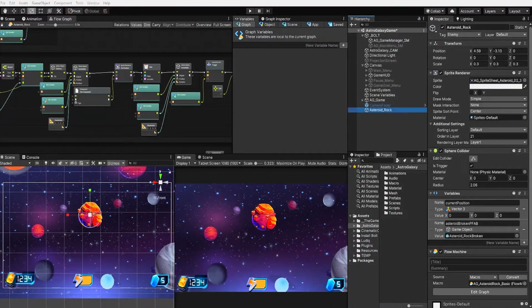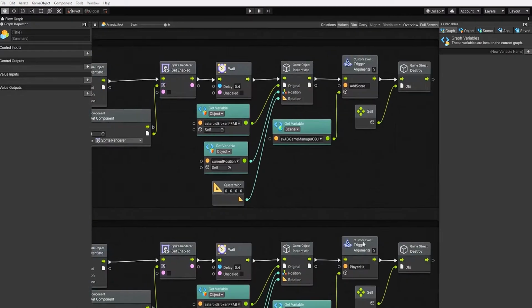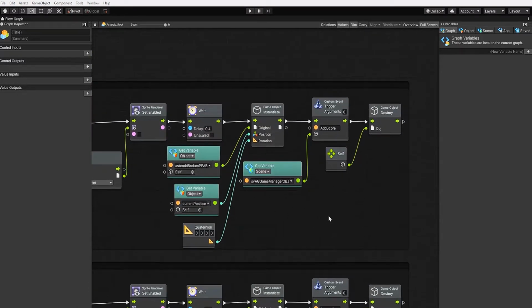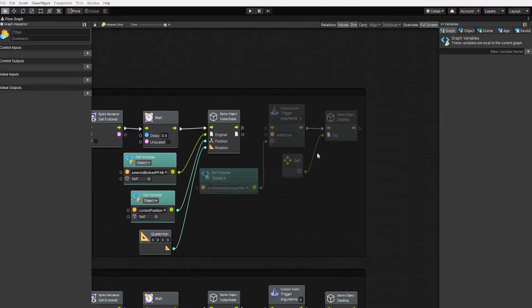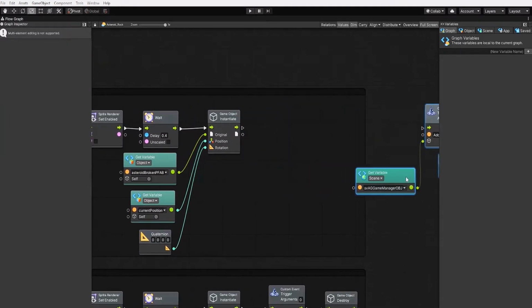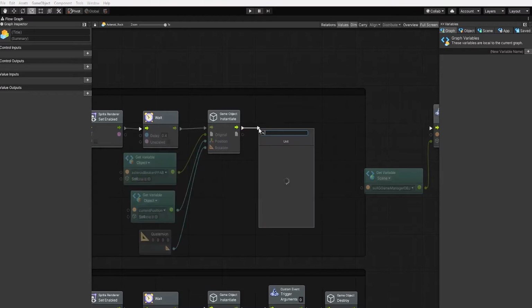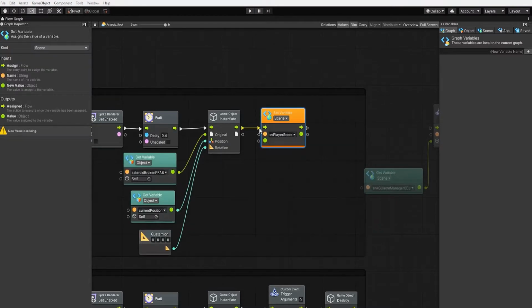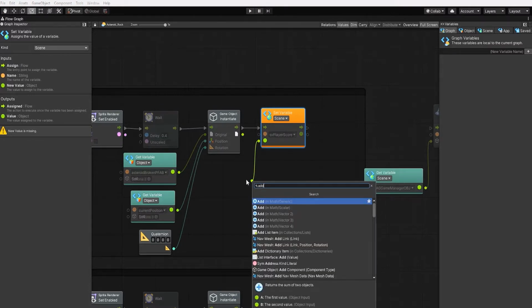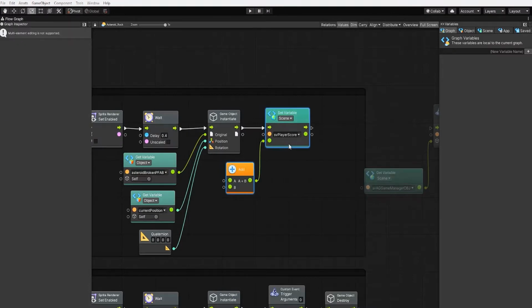With that said, let's begin by going to our asteroid flow machine. And let's begin by adding our asteroid's point value to our player score. To do this, we want to add a set player score variable after the second game object instantiate node in our destroy on laser trigger enter group. And for our input, we want to use an add node to add our asteroid point value with our player